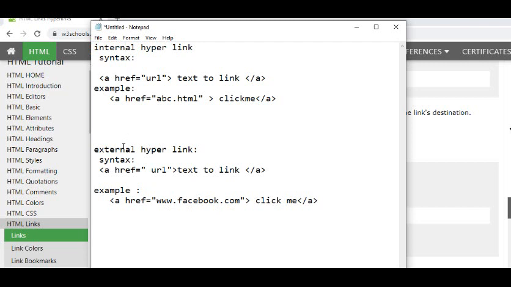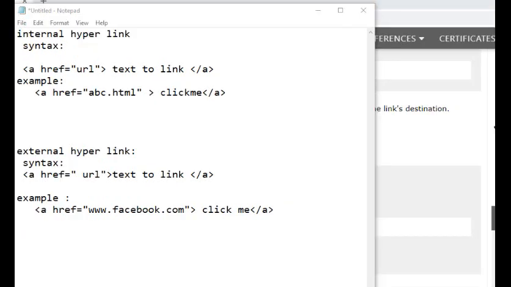Internal hyperlink and external hyperlink. I will tell you the difference.